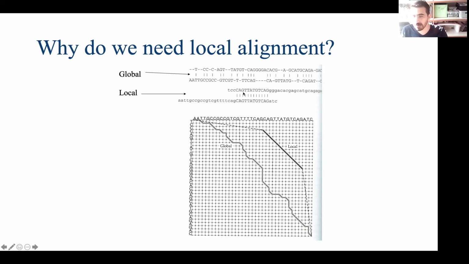But if you just apply local alignment, there is a perfect match here in this position. And this is just perfect, right? There is no mismatch. So which one would you trust? This global alignment or local alignment? Which one would give you the real homology alignment? Actually, it's going to be the local one, right?